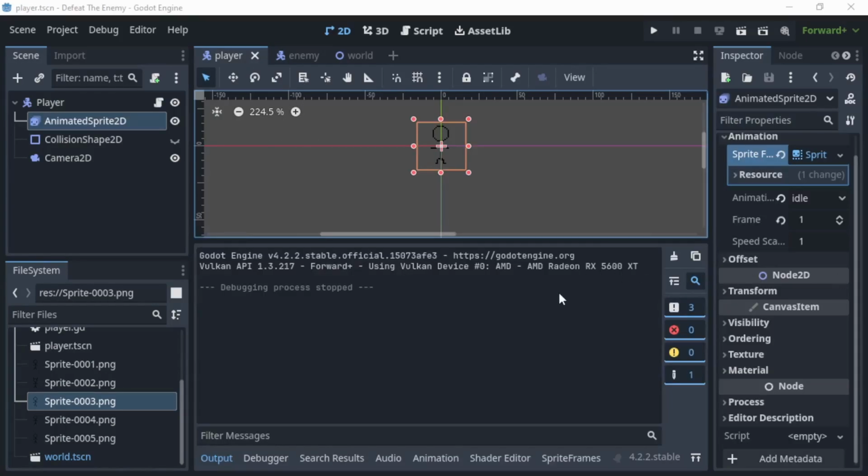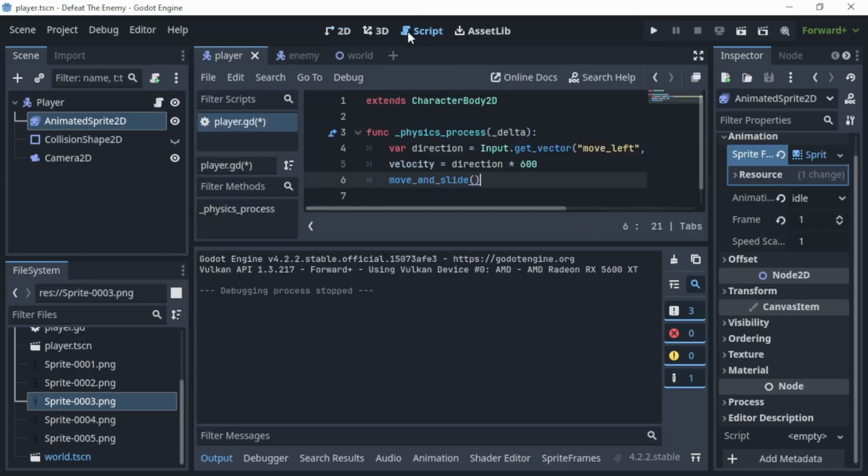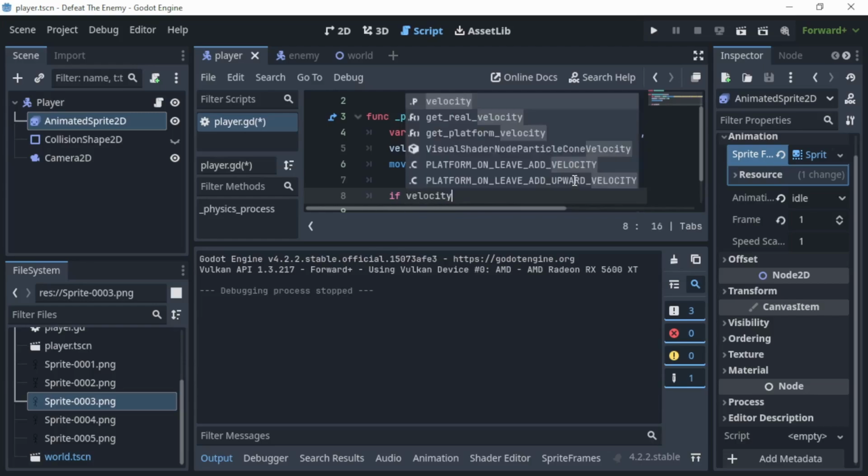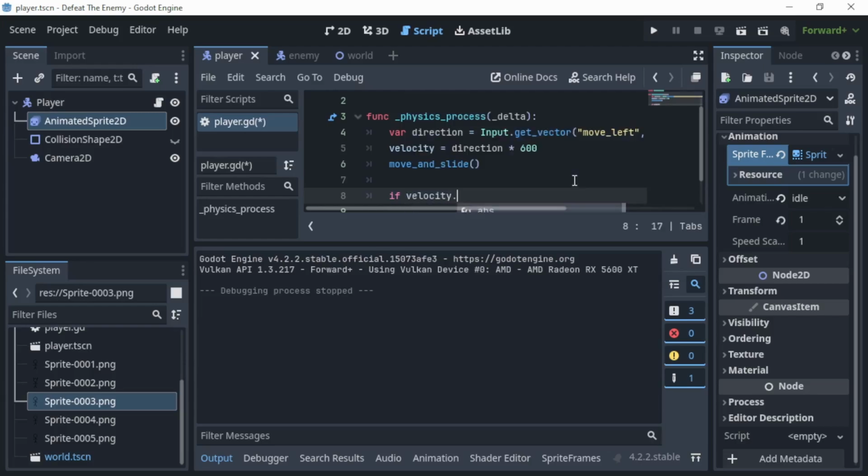So if we want the right animation to play at the right time, what we need to do is add a little bit of code to our player. So on our player, we can go to scripts, make sure you're on the right one here. We need to see if we are moving. There's a few different ways we can do this, but one way is to look at the length of the velocity. If it is greater than 0,